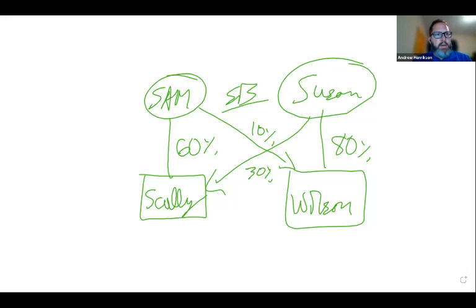If everything else was the same, except that Susan didn't own the 30%. So let's do that scenario. Everything's the same, but the 30% is gone. Would they still be associated? Good question. What do we think? So we had Sam controlling Scully. We've got a related person, Susan. She's controlling Wilson.